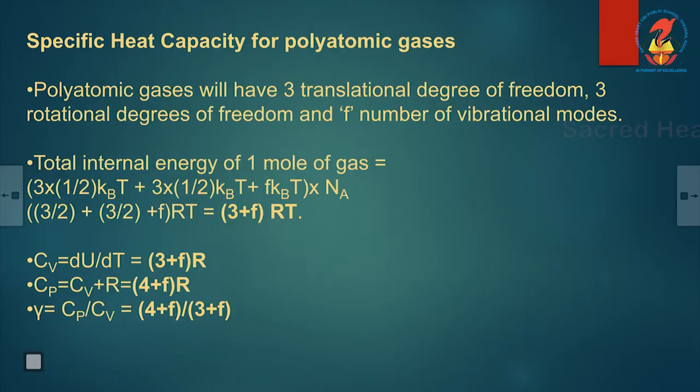Now for a polyatomic gas, specific heat for a polyatomic gas. The polyatomic gases will have 3 translational degrees of freedom, 3 rotational degrees of freedom and F number of vibrational modes. So we don't know how many vibrational modes. See, the total internal energy of 1 mole of gas can be written as 3 into half kBT, that is translational degree, plus 3 into half kBT, that means rotational, plus F into half kBT,